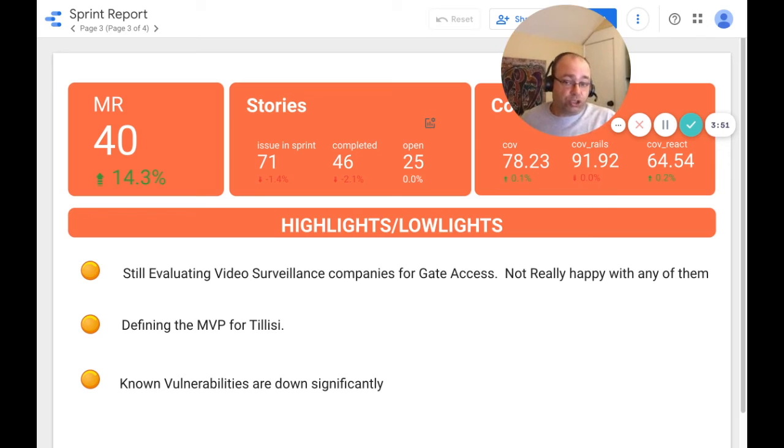We had 71 issues in the sprint, and we completed 46, which means that we had 25 left open. In terms of code coverage, we had a small increase to 78.23%. In terms of highlight and lowlight, I am still evaluating video surveillance companies for GetAccess, and I'm not really